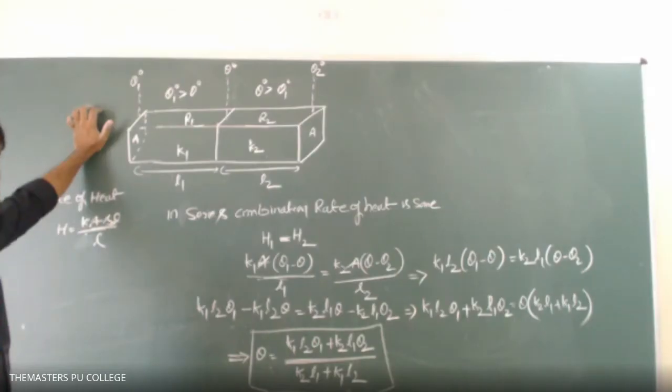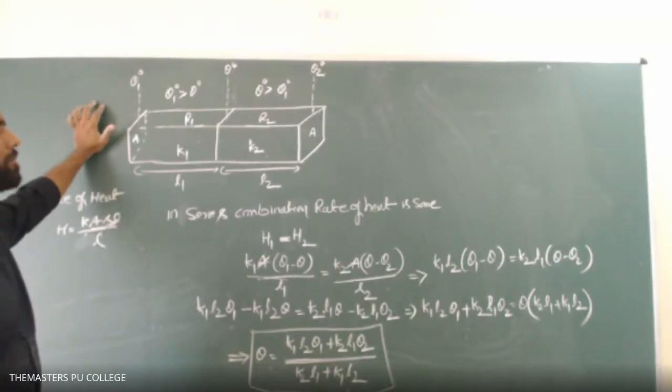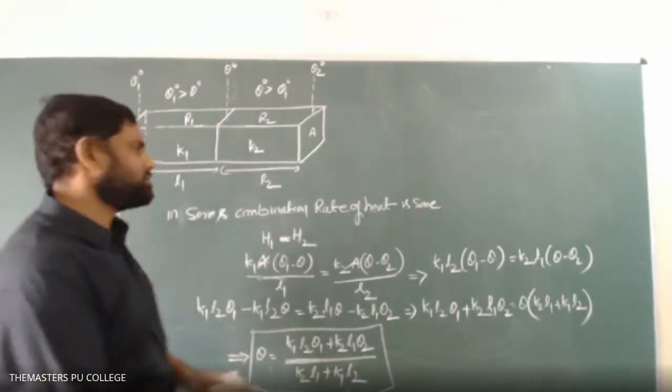Sir, in series combination, we have to take R is equal to R1 plus R2, sir. Yeah, effective thermal resistance will be the sum of the thermal resistances of the individuals. Sir, any reason, sir? Any reason means